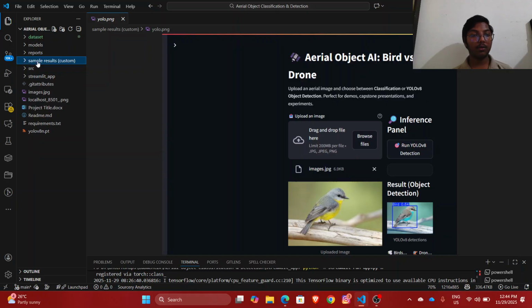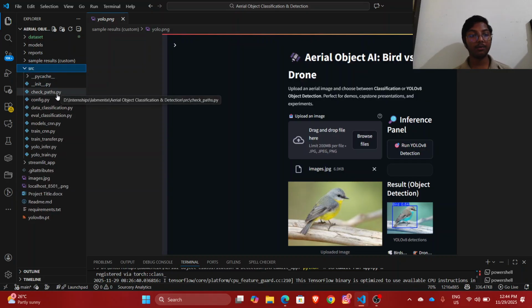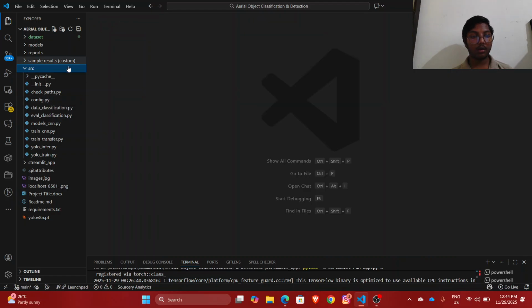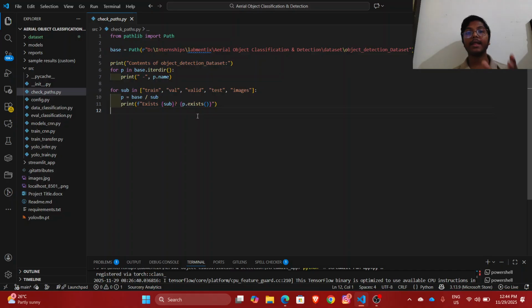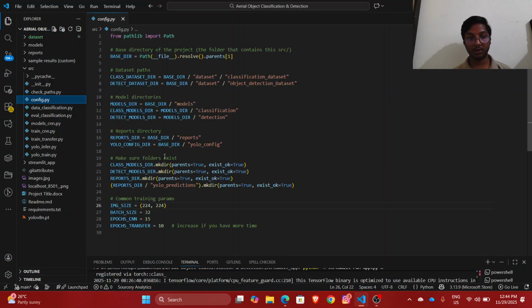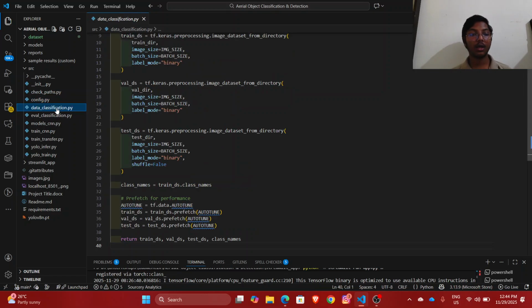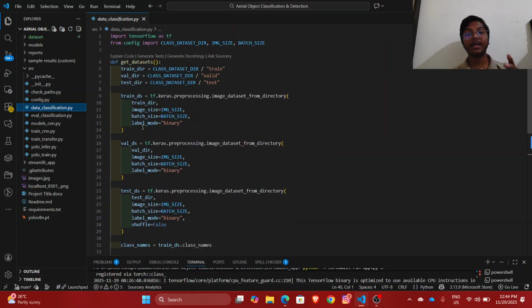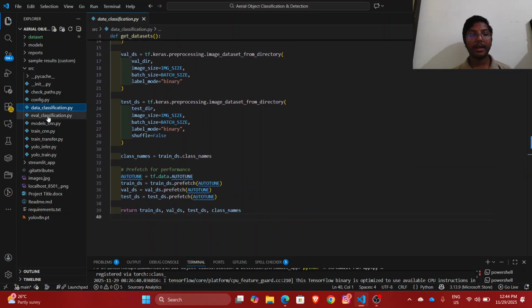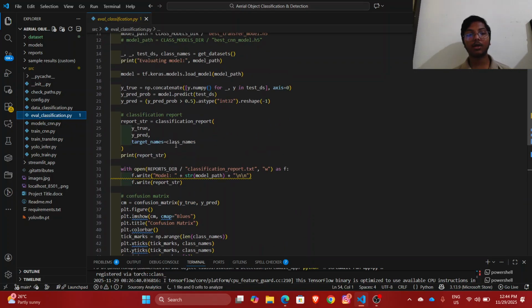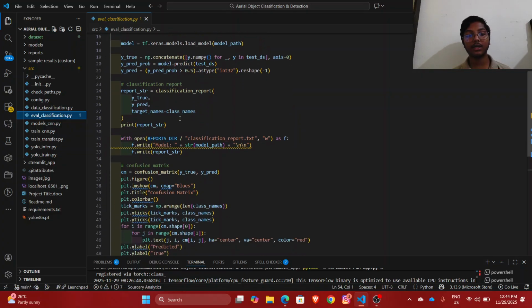And what else do we have? For path checking, we check whether the object is present in this area or not. If it is not there, the else part will execute. This is the configuration where everything is present. And for data classification, we have train, test and so on, which we are explaining to TensorFlow here. And for evaluation, what purpose we are going to evaluate the data for, everything is given here,